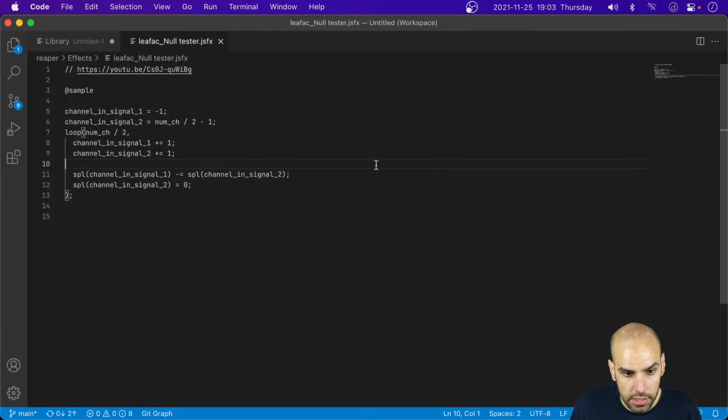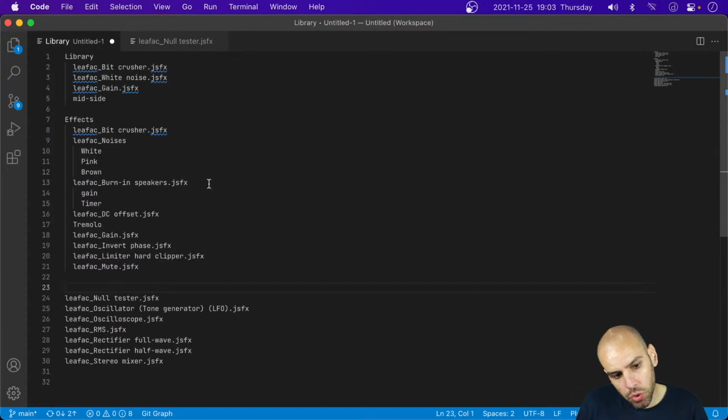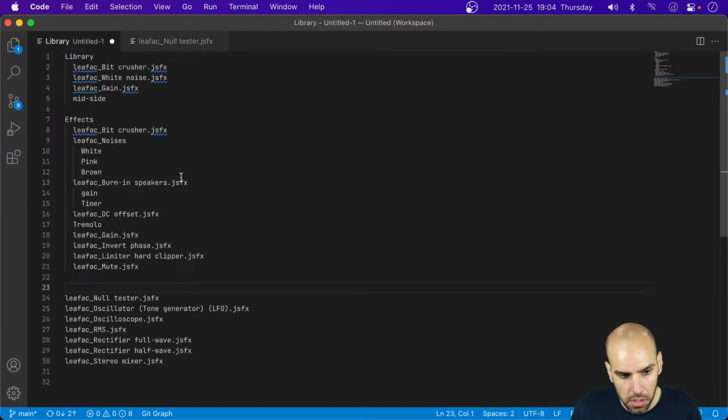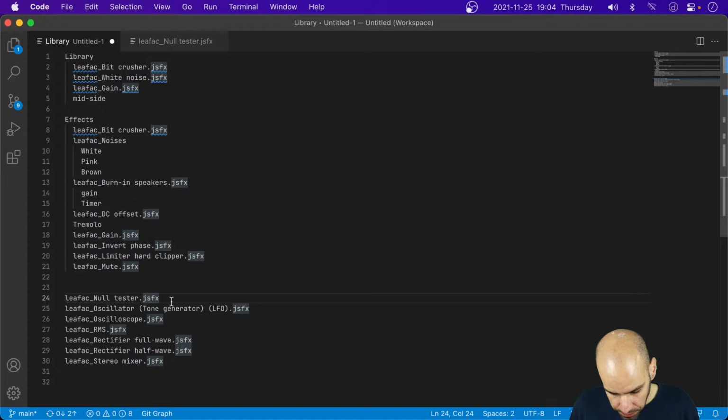Multiplication is gain, and inverting, or multiplying by -1, is phase inversion. And this subtraction is a null test. And I can see why this could be useful in practice. I don't think it belongs in the library because it's just subtraction, such a simple thing. But I think it does make sense to have this